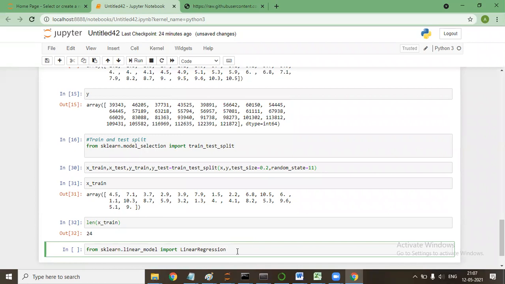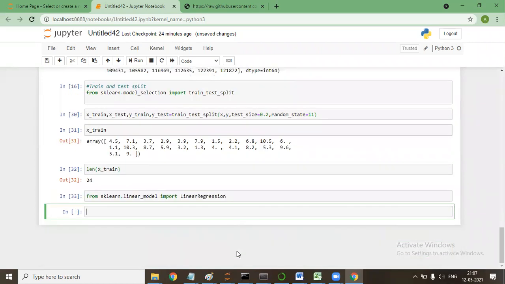Now I'll say from sklearn.linear_model import LinearRegression. Now I'll say LR_model is equal to LinearRegression.